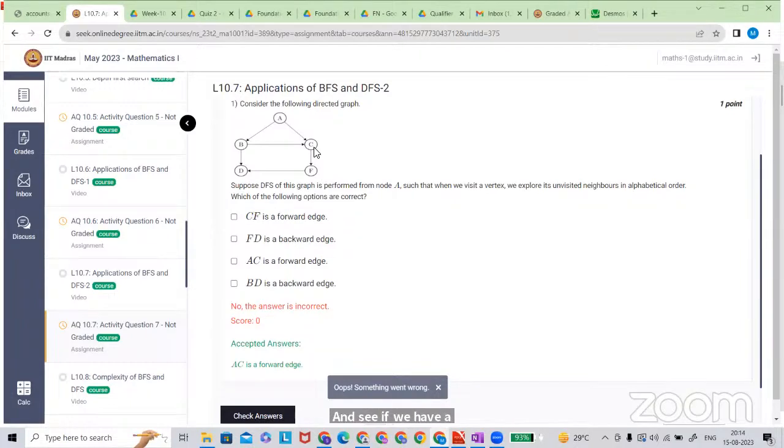Sir, it is saying we explore its unvisited neighbors in alphabetic order. What does it mean? Unvisited, it is in the order. That's very important. It is such that when we visit a vertex, we explore unvisited neighbors in alphabetic order. Like if A is there, then we will go with